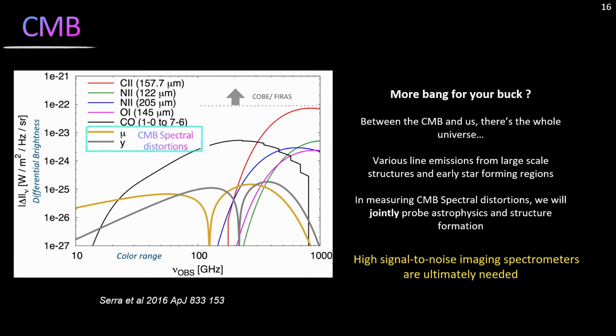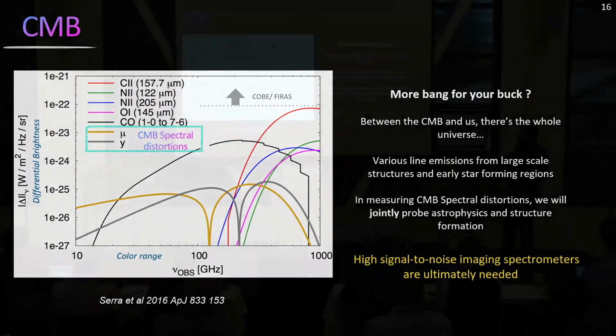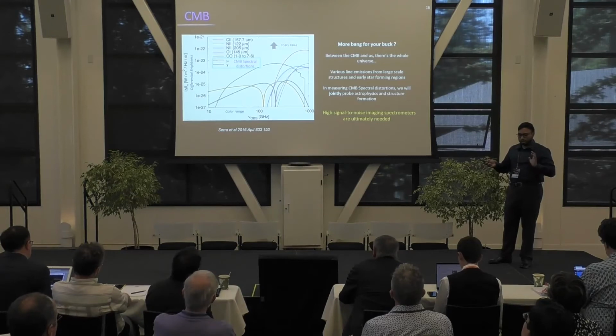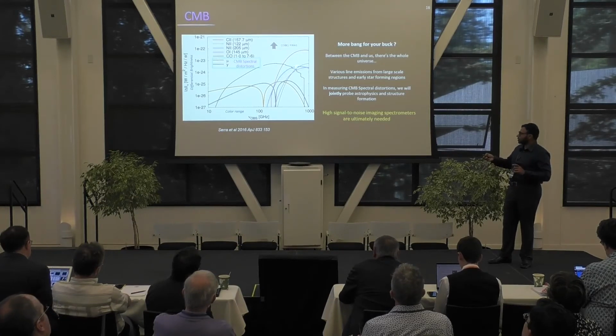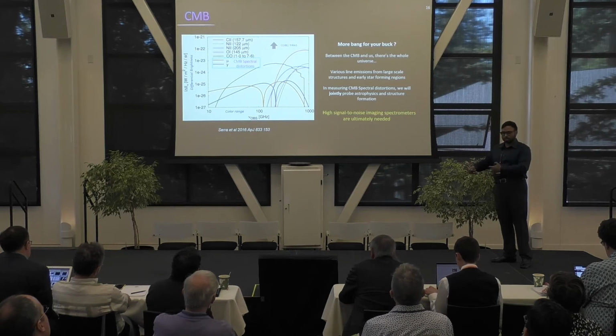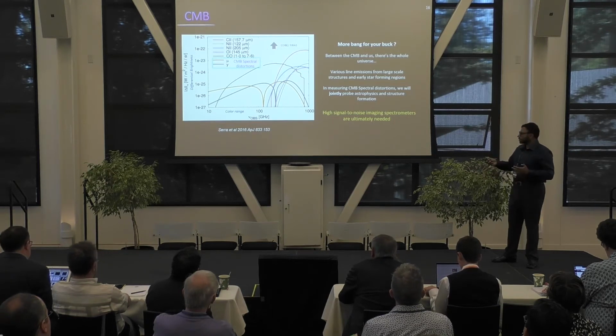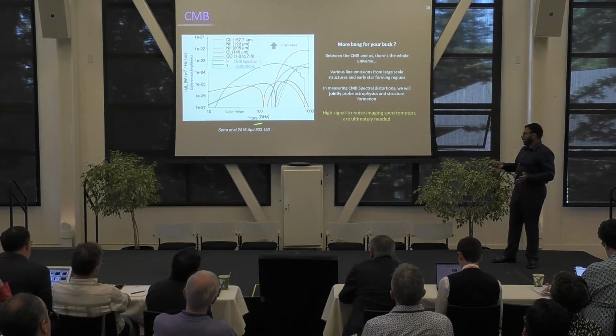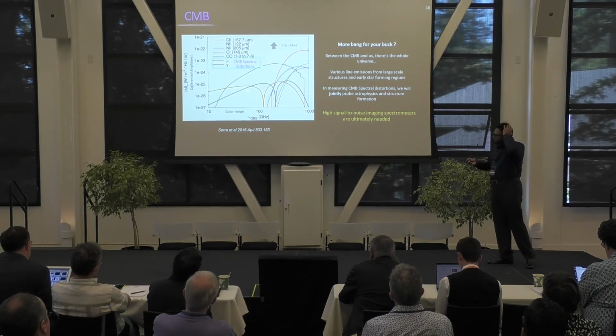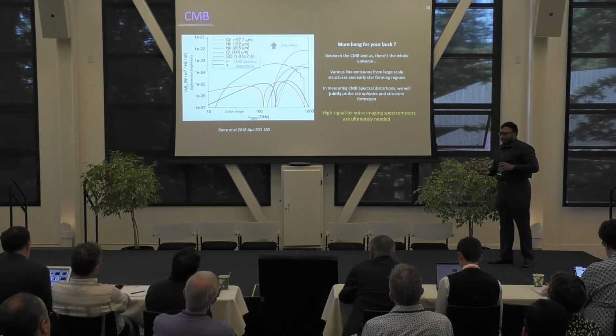And if you look at the spectrum, this is just color and intensity. The mu and the y here are the CMB spectral distortions I'll get to, but all this other stuff is atomic physics that will teach you about the universe that's in between, star formation, large-scale structures. There's a lot to learn. So if you can measure this kind of spectral distortions of the CMB, you get a lot of bang for your buck. Now, particularly going back to the early universe physics, this mu distortion, the yellow ochre color,